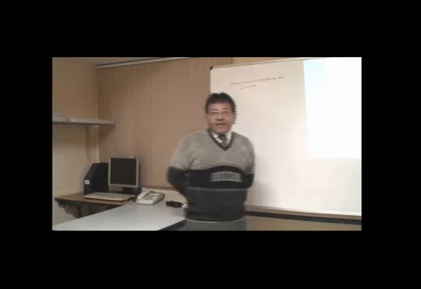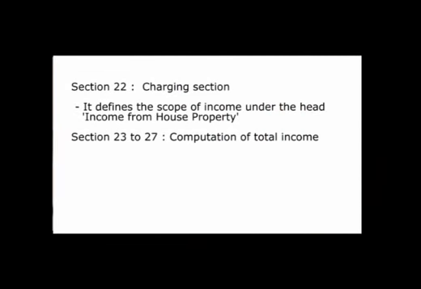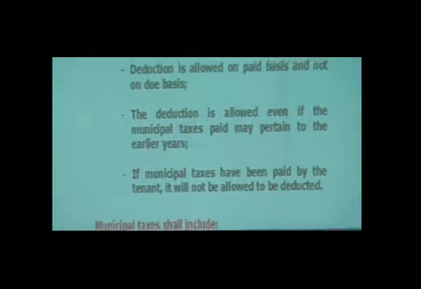Income from house property is defined under section 22 of the Act, and the computation of the total income is governed from section 23 to section 27. It means the first thing is section number 22 of this Act. Why am I giving impetus to this section? Because section 22 is a very important section. This is a section which defines the scope of income, what income is to be included to be charged